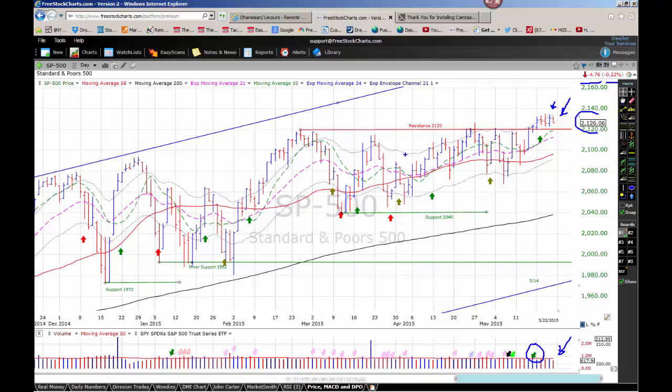S&P right now is bracketed by support down here in the 2040 area, and let's call this trend line resistance for now. The S&P 500 is on a margin signal on our 1 to 6 month timing model. I'm going to take a real quick look at our weekly watch list, but before we do that, I want